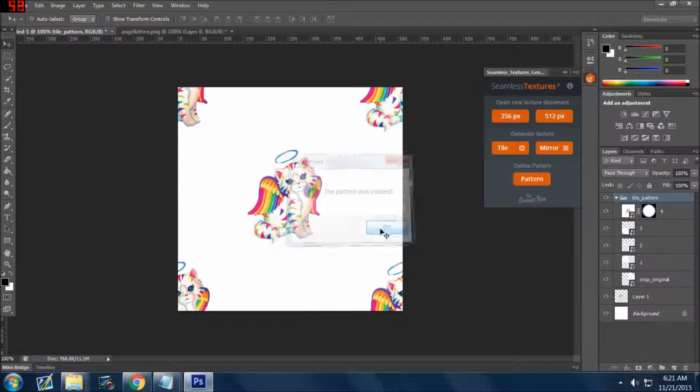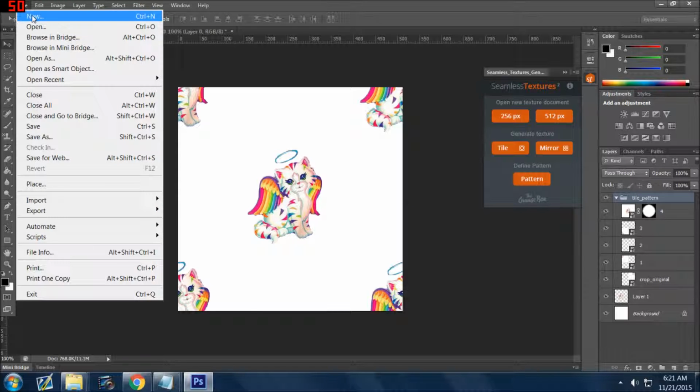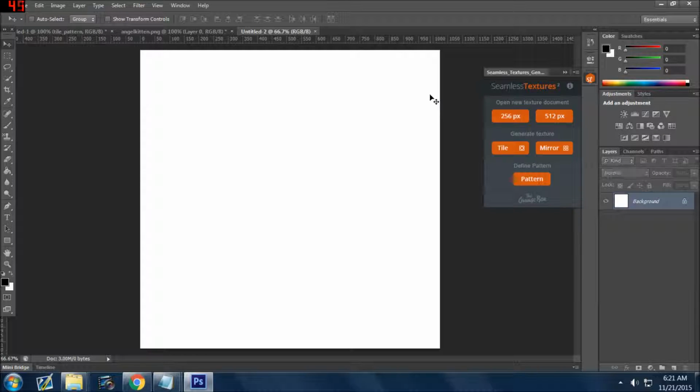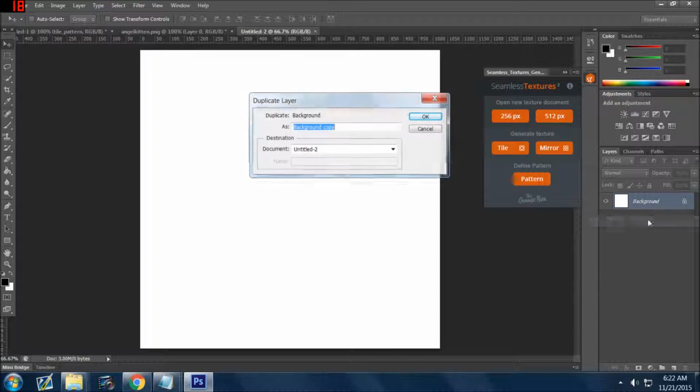Now why is that great? I'll tell you why. Because now, just for the sake of learning, I'm going to hit New. We'll go to a 1024 pixel by 1024 pixel document. Create a new document. Always when you create a new document, you have this background layer. You can't work in a locked background layer, and all background layers are always locked. So you're always going to either duplicate the layer,